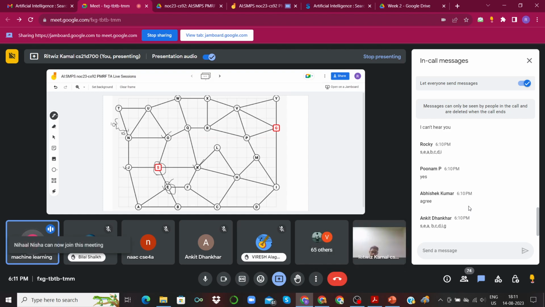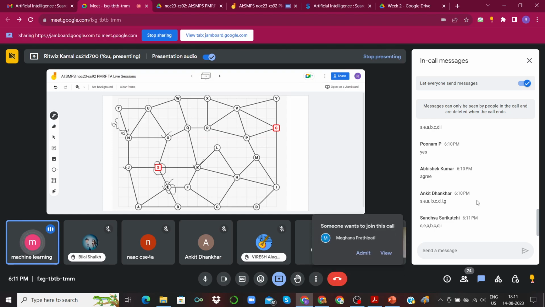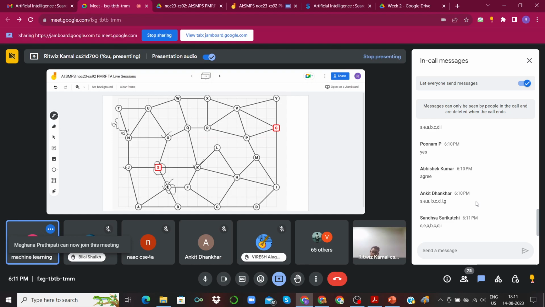Suppose I am starting from the source node, and in traveling salesman we take the smallest distance and keep moving ahead.